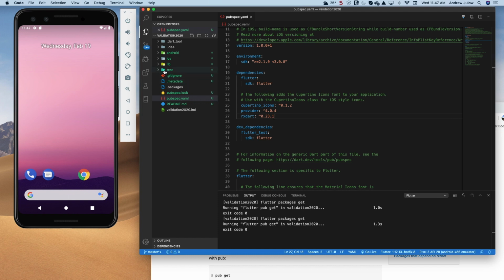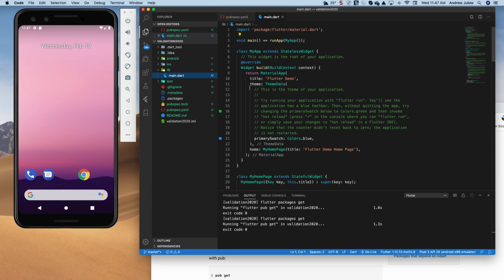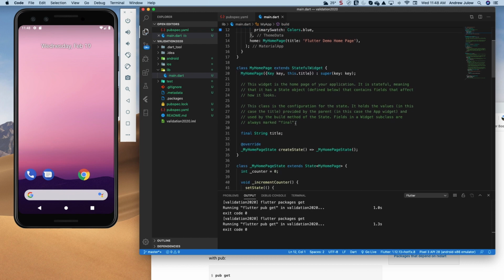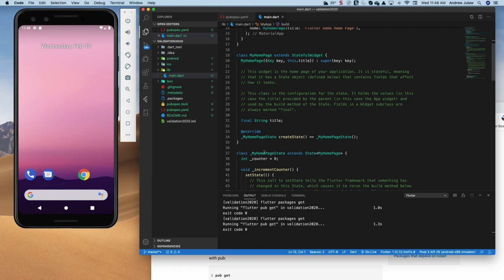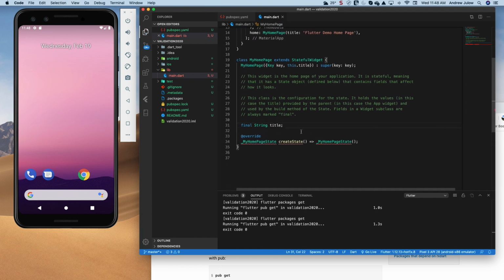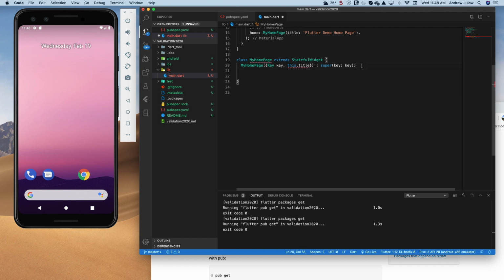All right, now also before I fire up that emulator, I want to make some changes to the demo application that they give you right out of the box. So we'll go to main.dart. I'm going to get rid of these comments here. I'm going to get rid of everything. I'm going to go down to this class _MyHomePageState, and get rid of everything below that. I'm going to take out these green comments, this final String title, and this override in MyHomePageState there. I'm going to get rid of this line,